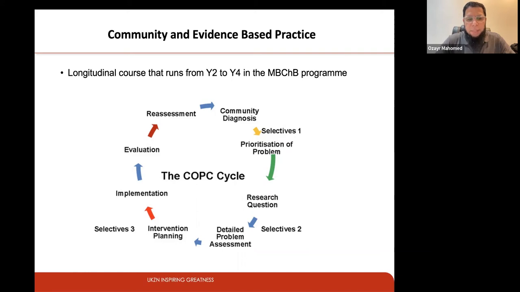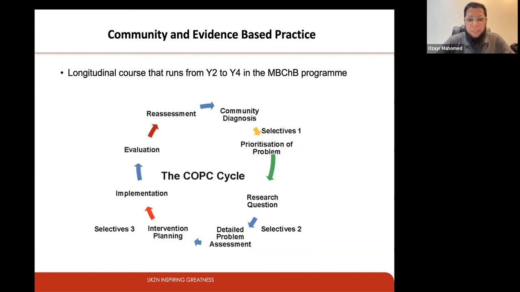The community and evidence-based practice module is a spiral module that builds on what was taught in the previous year and is based on a community-oriented primary care cycle. In this cycle, it has been explained and demonstrated. The starting point is a baseline analysis and a community diagnosis, which results in a prioritization of problems that then requires a research question or the detailed problem and assessment, a root cause analysis, followed by an intervention plan, implementation,